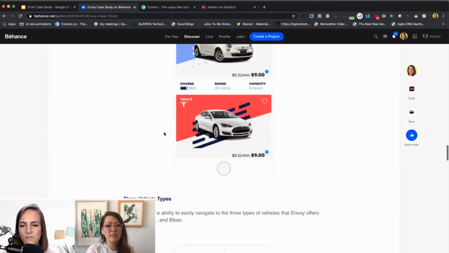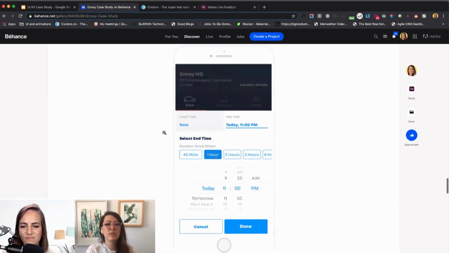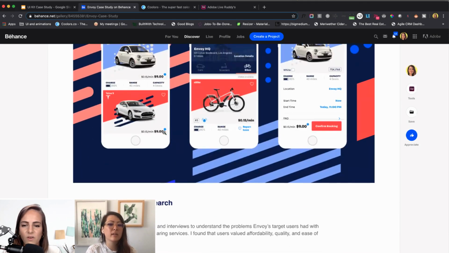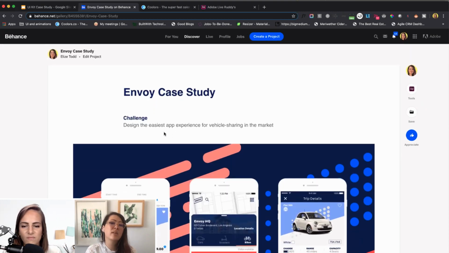I'll go to the bottom and I'll be like, okay, maybe I will spend some more time on this. This looks pretty decent. Now I'm gonna go in and start to spend a little more time on it. But I only give it a few seconds up front to decide, is this even worth my time? Is this gonna be super long? Does it seem like they hit all the points? You have to really engage someone right away.